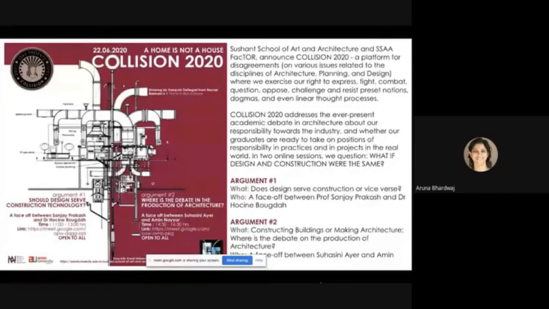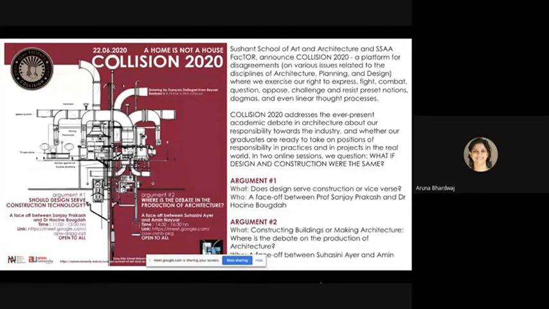So over here, for the present collision, we address the ever-present academic debate in architecture about our responsibility towards the industry, whether our graduates are ready to take on positions of responsibility in practices and in projects in the real world. So introducing the first session, does design serve construction or vice versa?